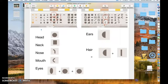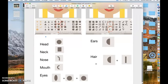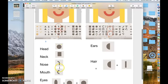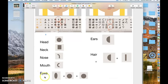Okay, boys and girls, we're going to start to create our self-portraits on the iPads. At your table, you have this worksheet that will show you some of the tools that I'm about to use. Each of these shapes should represent one of the face features that you're going to put in your portrait. So for example, if you look at the spot that says eyes, these are the three shapes that I'm